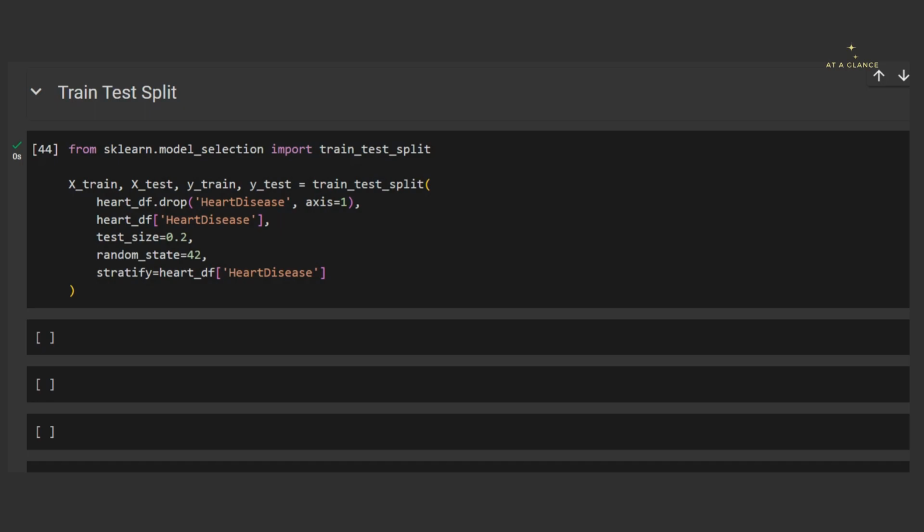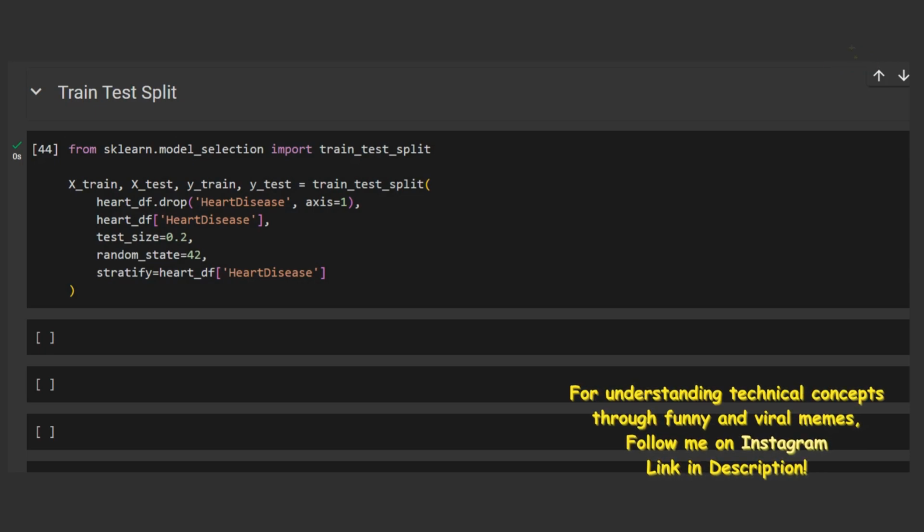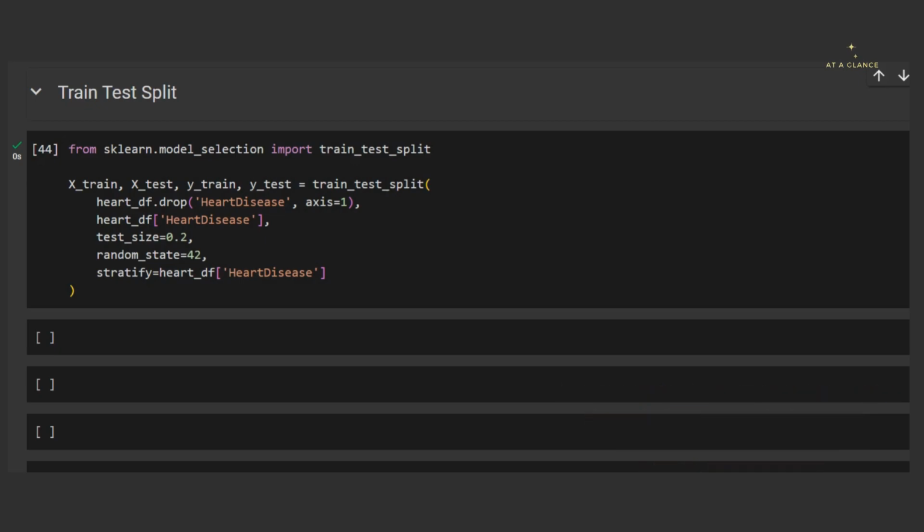I hope you have watched that particular video. If you haven't watched that particular video, I'll recommend you to watch it first and then come to this video. In this particular video, we'll be specifically doing the modeling of our data set, which is going to classify correctly whether the patient is having heart disease or not based on the values that are provided as an